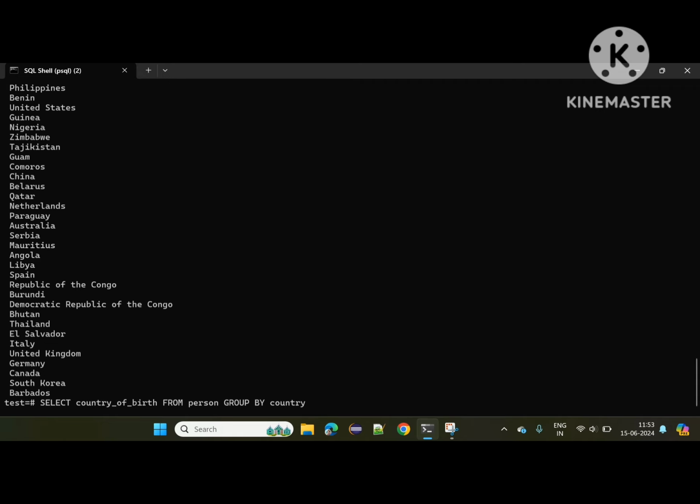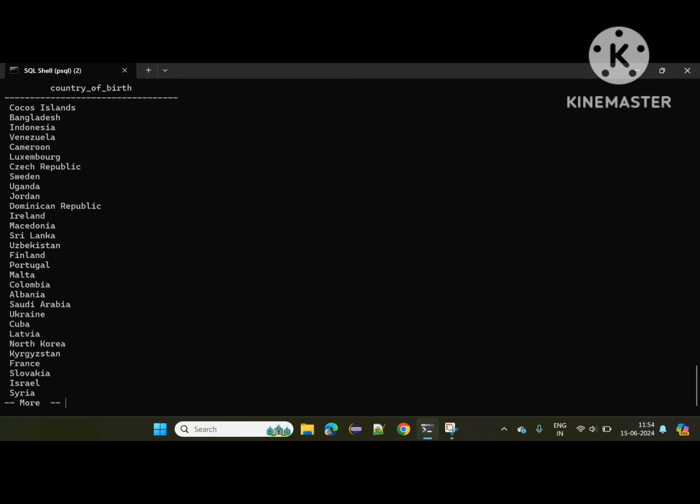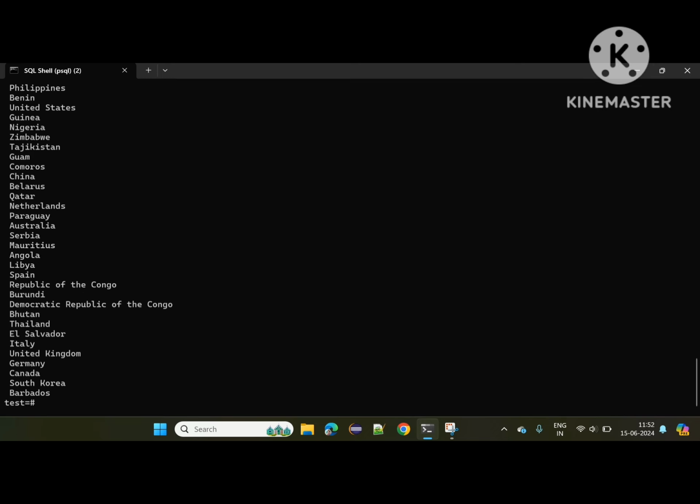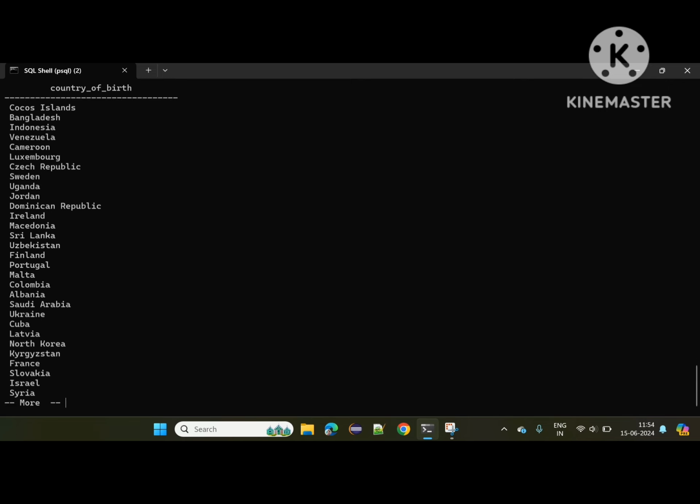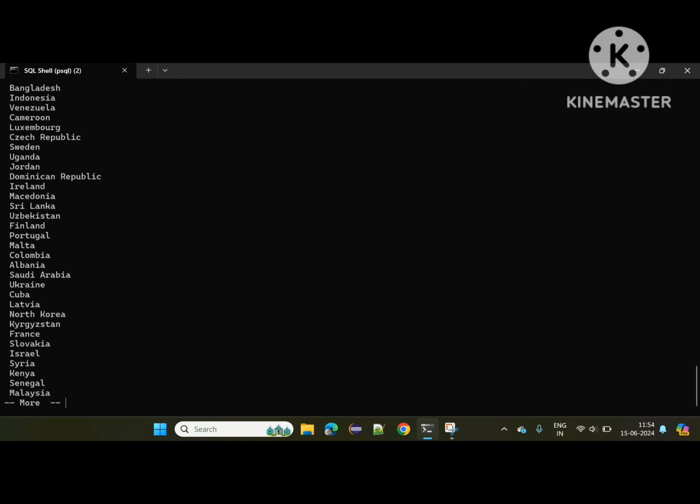If I run this, you will see that it is just grouping by country of birth, but we are not getting the actual number of people in each country. This is because we have to select a second column. Now I will give you a second to see if you can guess which column we need to select here. It's none of the columns that we have specified. Can you guess? Well, it's actually COUNT, so we can use count, and this is not really a column, just a function that counts.